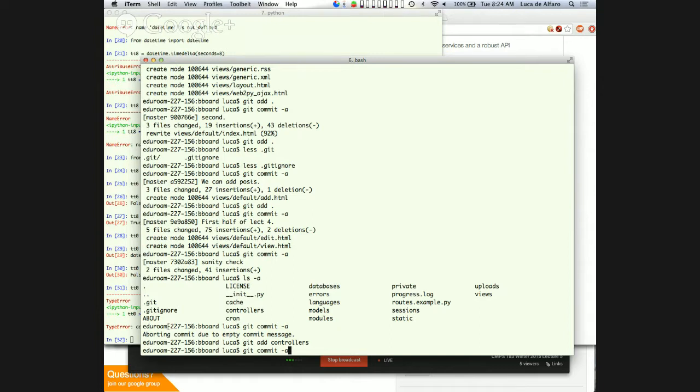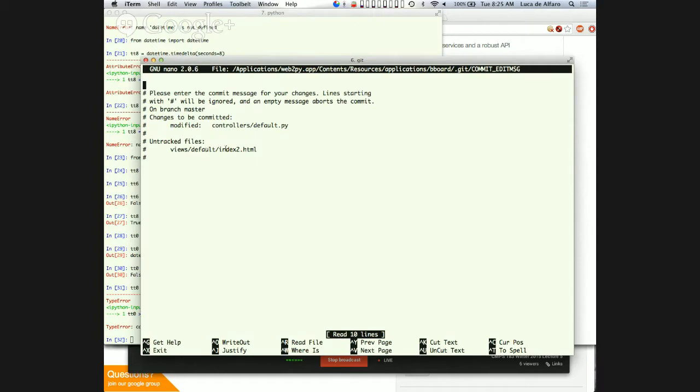I might have changed 15 files for all I know. It depends on what you're doing, right? But you really don't want to depend on your good memory. The versioning is there to help you do things right, even if you don't remember, right? So I say git commit -a, and this will commit everything that I ever added to the repository in the current state. So if I do this, this tells me,